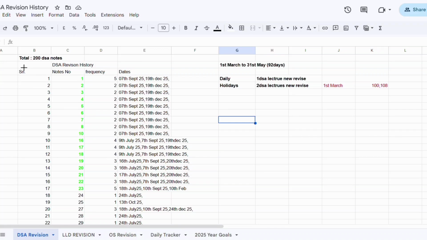Hi everyone, I am revising my data structures and algorithms. In total I have 200 DSA lecture notes to revise. I covered all these in 6 to 8 months. I completely covered the DSA course, and now it is the month of March, and my main plan is